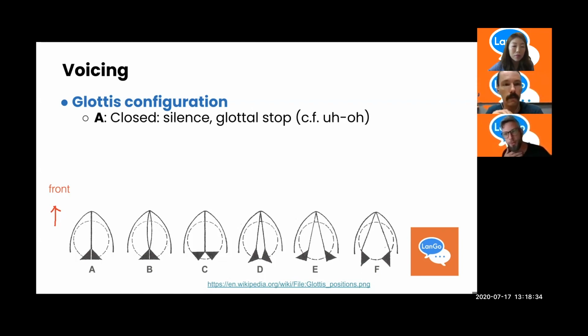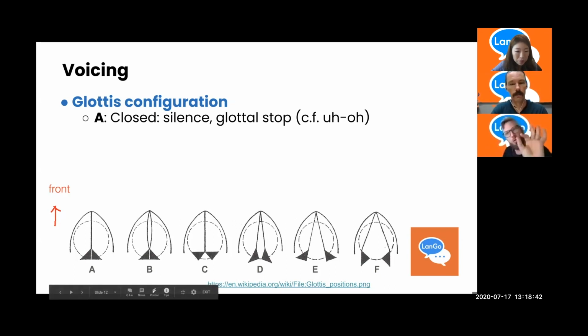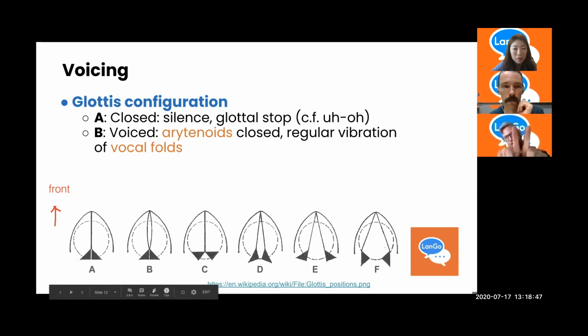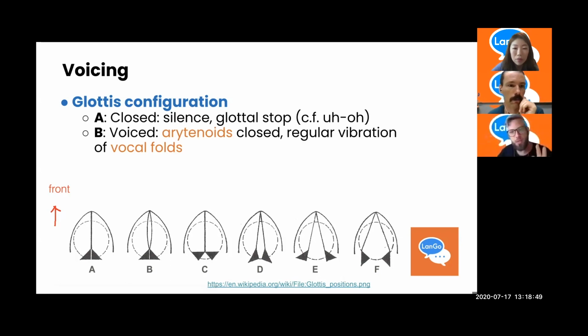So, on our chart here, we have an arrow representing the front. But what's important to know is what's open and closed. There's 2 main pieces here we need to know about. One of them is just the vocal folds themselves that open and close at different states. And then the two little pieces at the end, we have them represented here as triangles. These are pieces of cartilage called arytenoids. And the arytenoids can be pulled together or left relaxed, even though the vocal cords are open and closed.